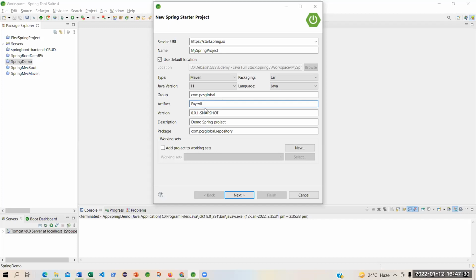So by looking at the artifact, the program manager or the project manager or the customer will understand that this is a payroll application. But this payroll application can have a Spring project, there can be a Delphi project, there can be another group working on a Python project. But all these projects will combine into one payroll application.